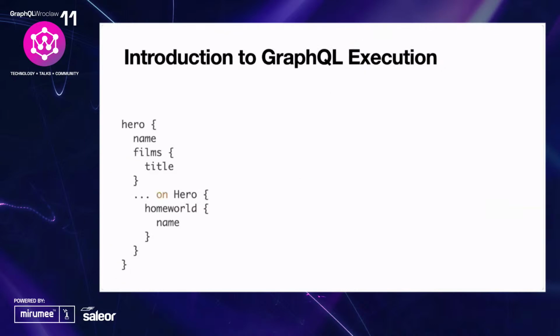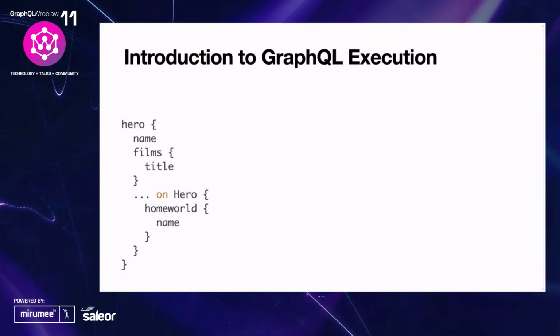So going to spend a few minutes diving into the GraphQL execution algorithm. If you work on GraphQL servers, or you want to really get into how GraphQL works, this will give you a good understanding of how defer and stream works behind the scenes. So going to start off talking about how GraphQL execution is currently defined by the spec. Then I'll move on to what changes when we introduce defer and stream.